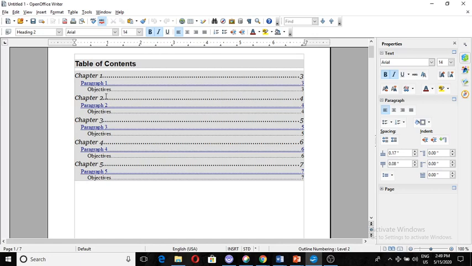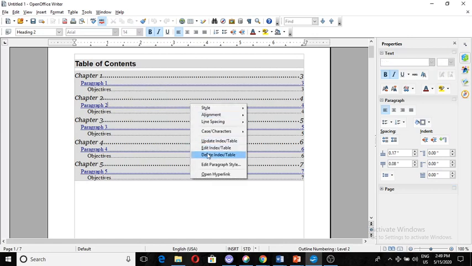From page number 1, suppose you have 1000 pages and you directly want to go to chapter 10. One way is to go one by one, first to chapter number 1, 2, and so on. It is tedious. So what if you get the option to directly jump from page number 1 to page number 1000? This hyperlink option is very useful when you want to jump from one page to another.